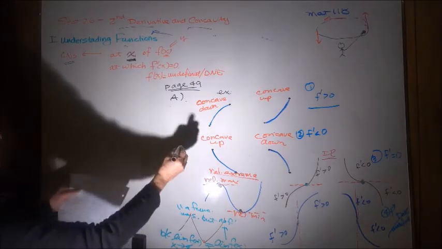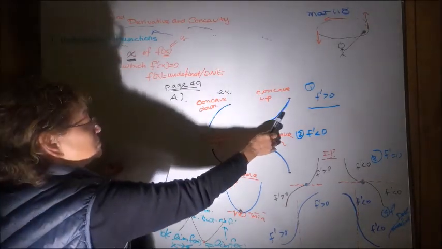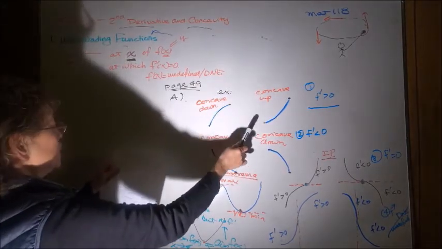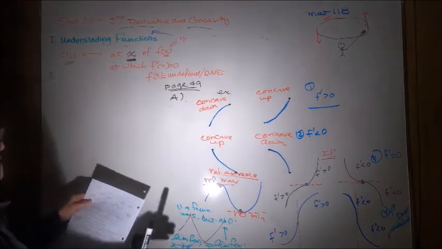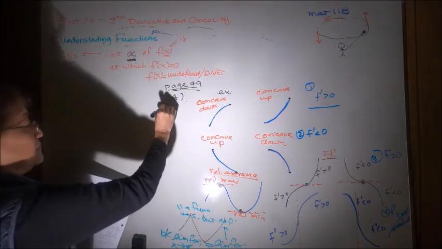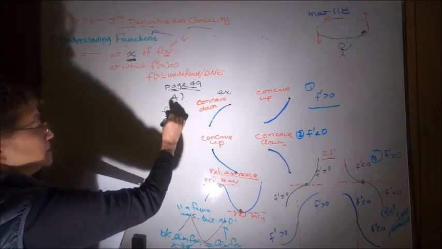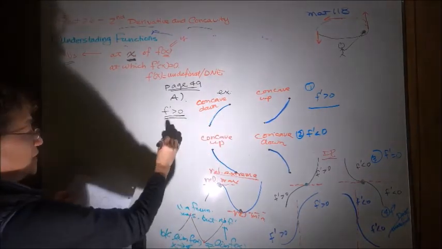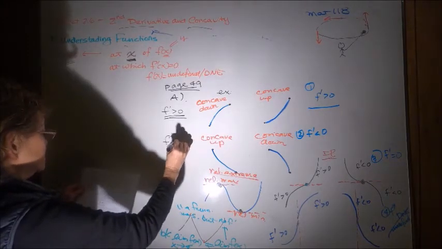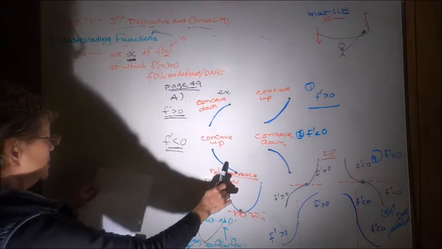If f prime is bigger than 0, so we have these two shapes, okay? This f prime bigger than 0, right? These two shapes. If f prime is less than 0, that would be what? This shape,